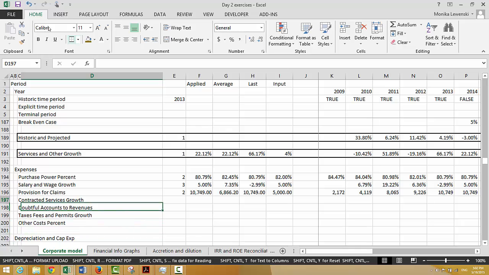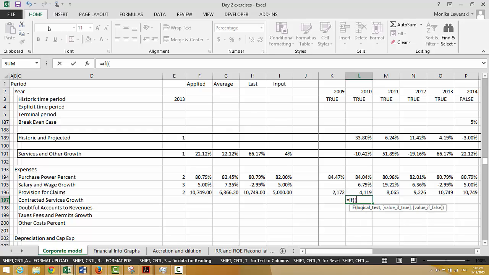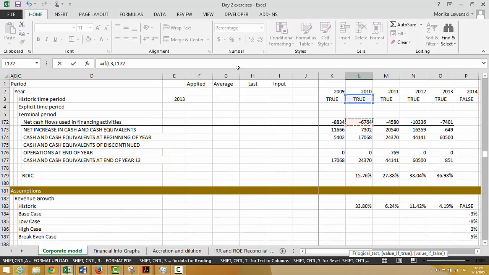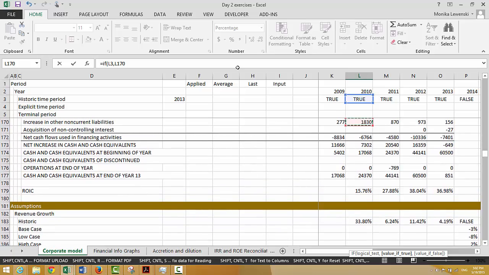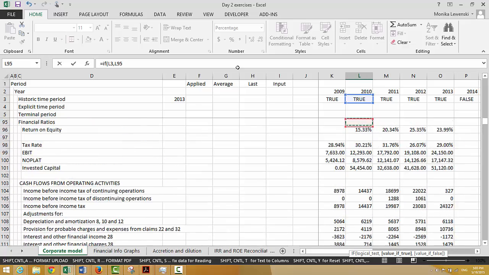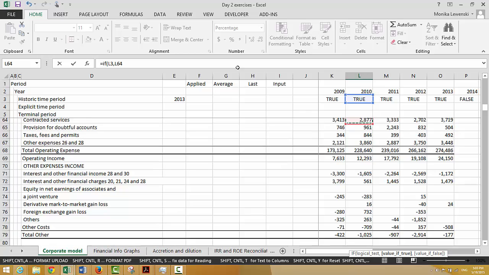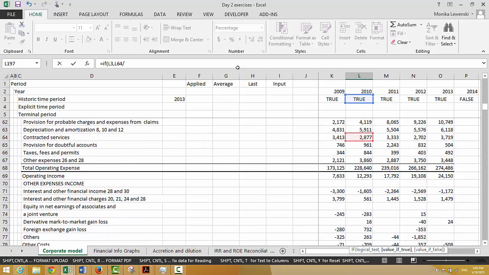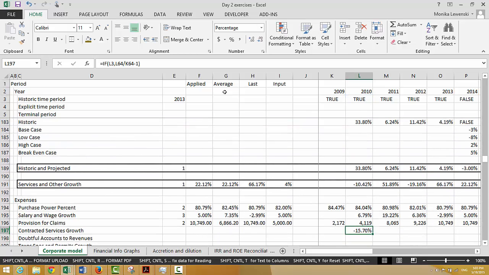Now, what we're doing is let's look at growth in contract services. So the first thing we do is we put an if statement and go to the little key thing, which is the true and false switch, which is true if it's the historic switch. Now, if this is just the income statement, this was kind of a pain to go all the way. We go divided by that minus 1, of course, to get the growth. Shift Control R,